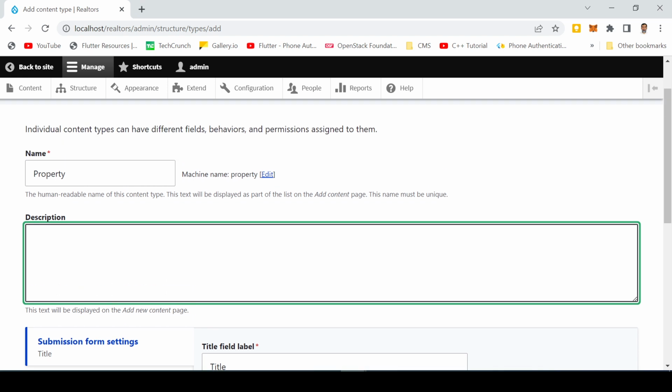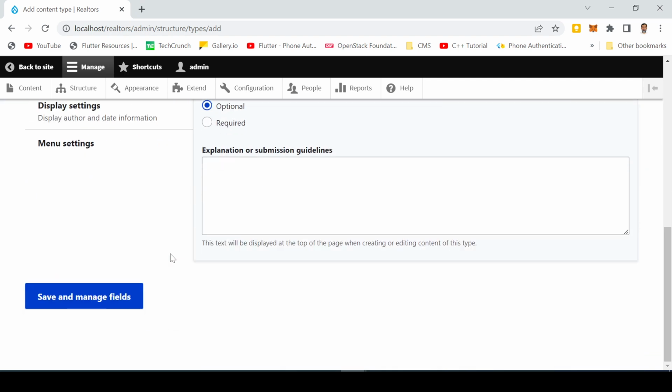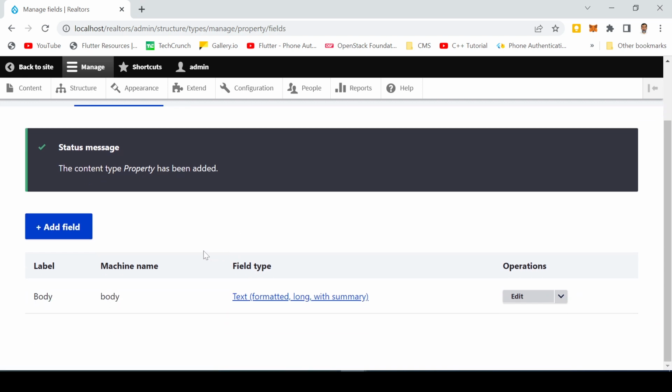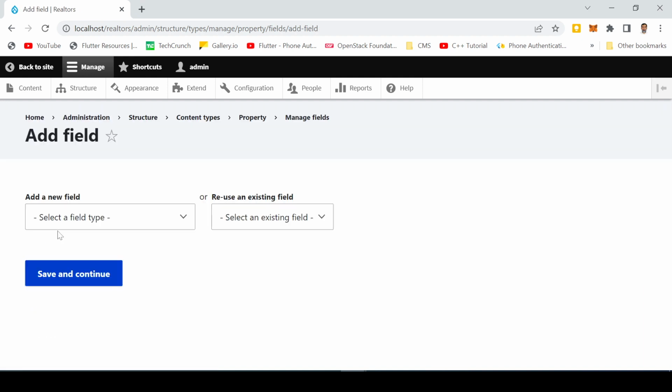So if you want to write any description, property for sale or rent, I'll click on save and manage fields. Now over here I have to add fields for the property. So let me add the fields. So the first field I will add,